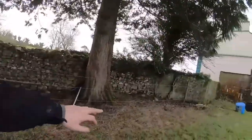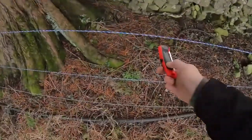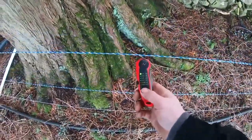But yeah, I just put up this cheap and cheerful fence. But I gave it a wee test with that bit of a setup, and 8 kilovolts. This yoke is coming in very handy. I actually didn't think I'd need it, but look, first time I'm kind of setting up a bit of a